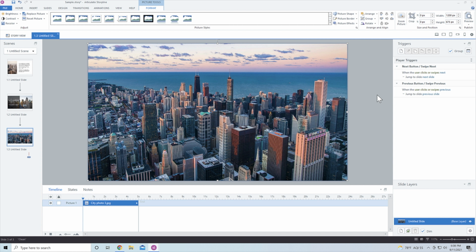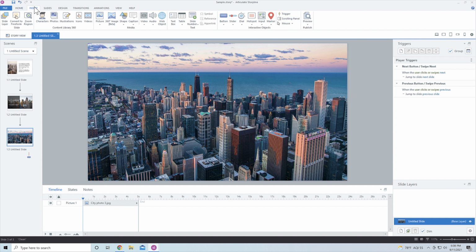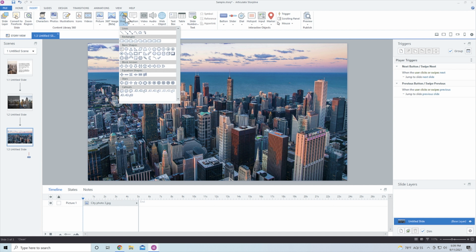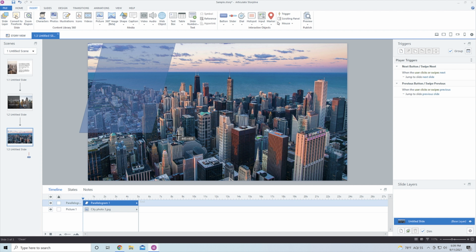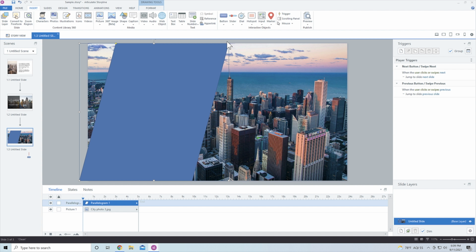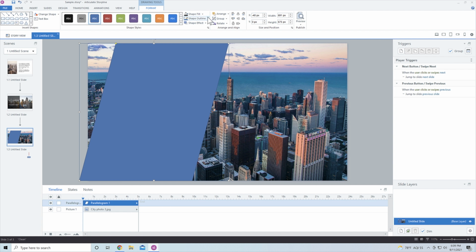Now, don't feel like you have to just use the rectangle if you wanted to add some style like this. If you go into the Insert tab, you can go into Shape and you can use some of these other shapes as well. The one that I like to use a lot is this one right here that kind of has a slash there. So first thing I do is I get rid of the outline. So I'm going to go into the outline and just get rid of the outline here. And this little yellow square allows me to adjust this slash right here.